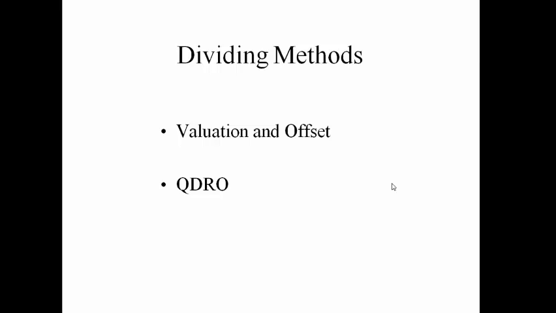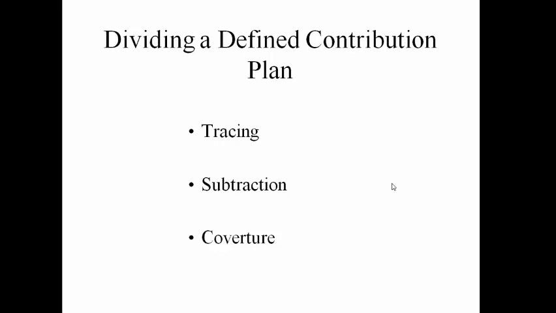Let's stick with defined contribution plans first and go to the next slide. When we have a defined contribution plan, we have accounts. And there are two different situations that will occur in the divorce. One is where all of the money in the account evolved during the marriage. The second is the one where the participant who has the account came to the marriage with an account in place. So let's look at the first one.